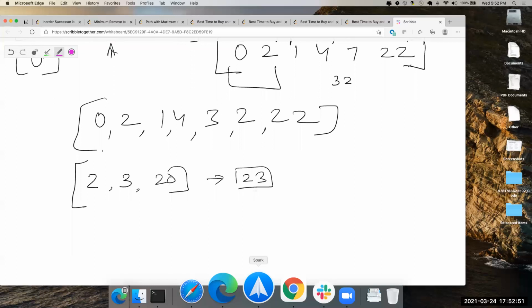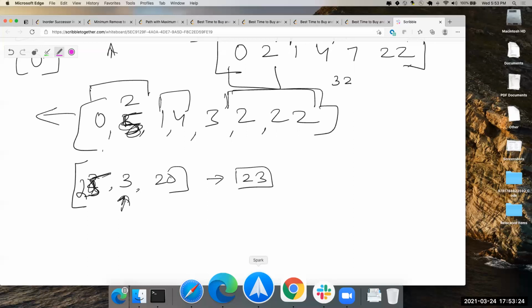And what if this was 5? That was 5, that would be 5. You would evict a 3. How do you know you have to evict 3? How did we get 23 first? Basically he was saying, in the sense that if this was 2, he does this transaction and he does this transaction. So 0 and 2, 1 and 4, and this one. And then he evicts this one.